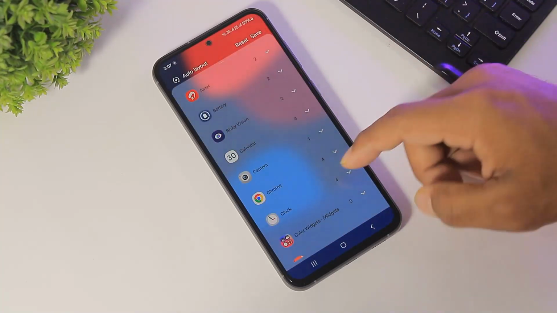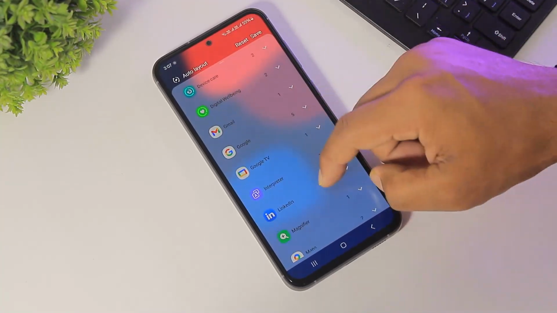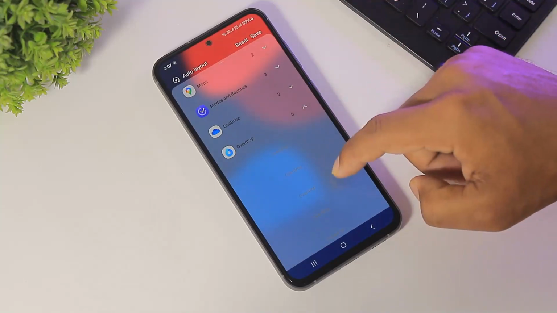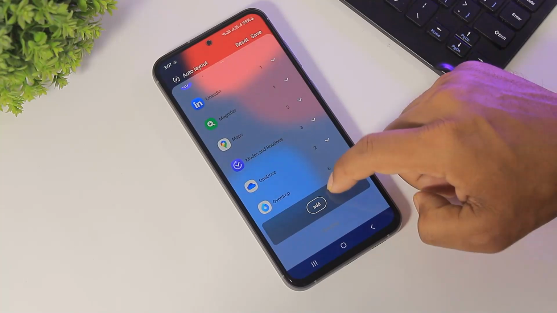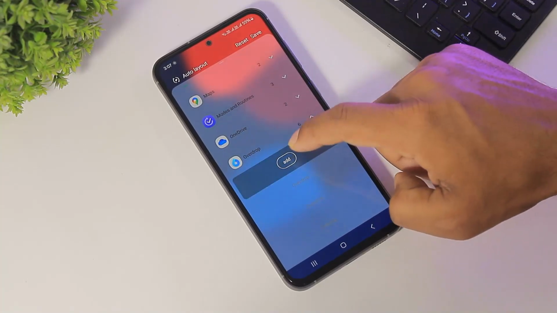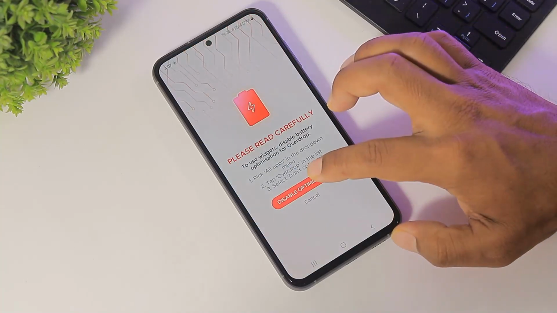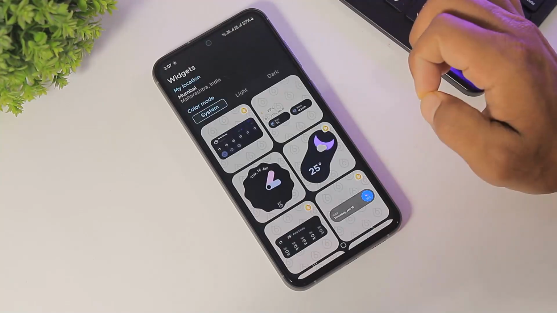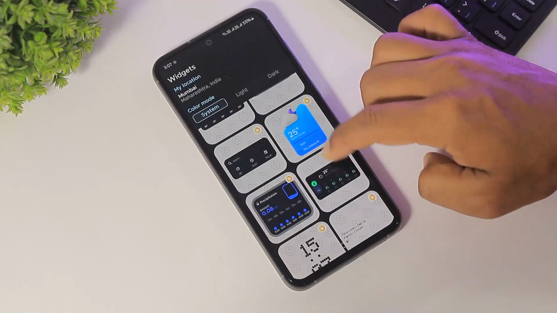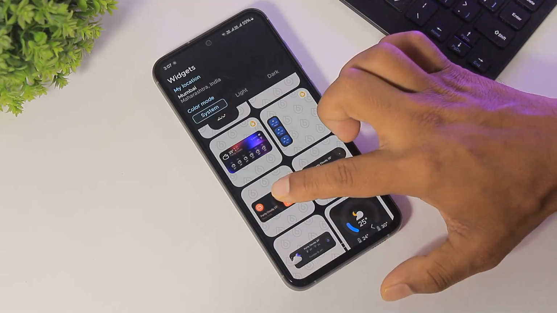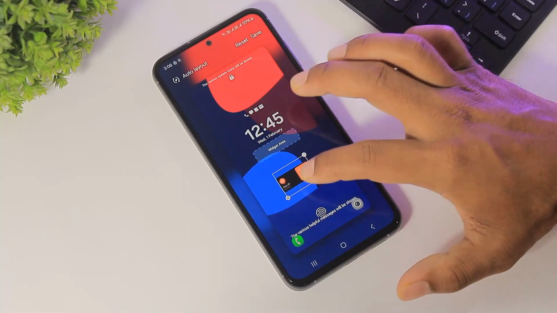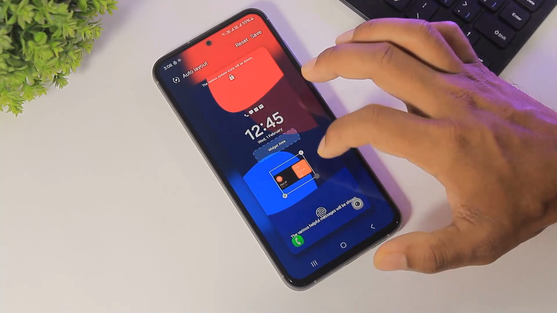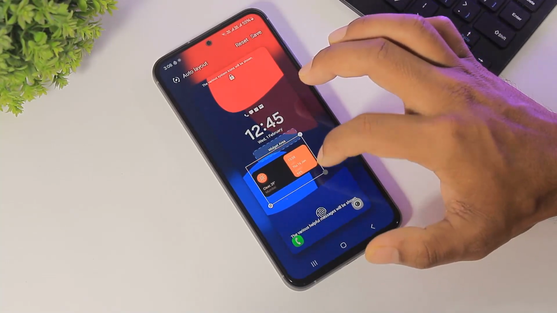Now add widgets. You can see guys, I added weather widgets,